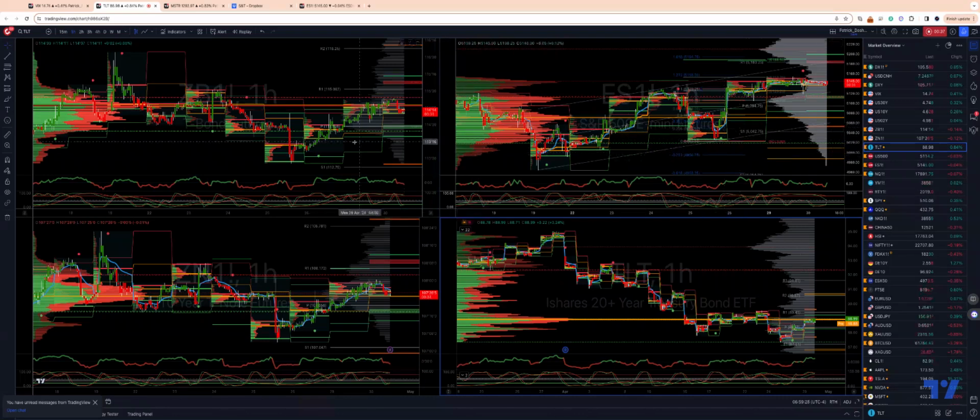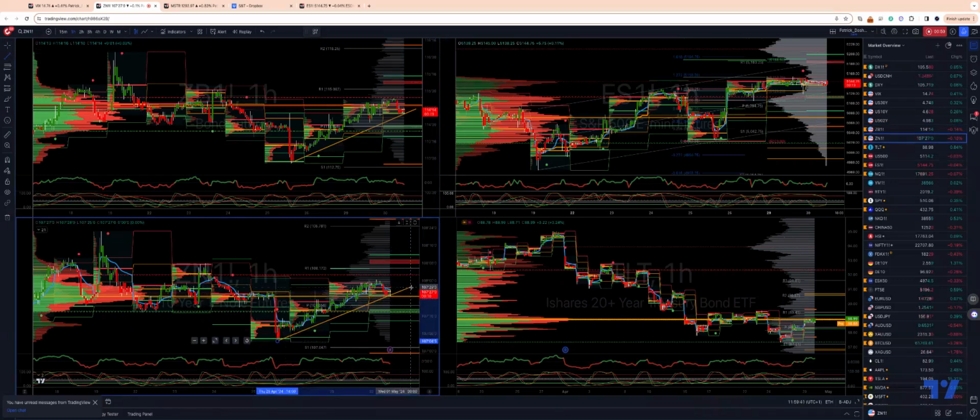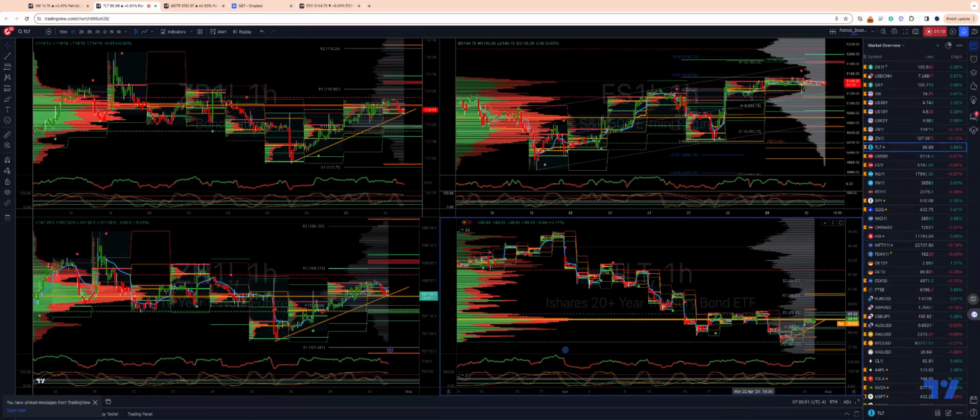And we're going to start with the 30-year. I think you'll see the theme here that I'm looking at. We have some potential trend support coming in across the bond markets. Obviously, we have Fed Chair Powell coming in tomorrow, and we're not going to get an update to the dot plots from the FOMC meeting, but we are going to hear from Powell in the press conference, and the market is kind of poised for him to strike a relatively hawkish tone, I think, given recent updates from him